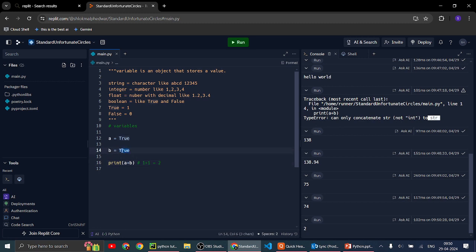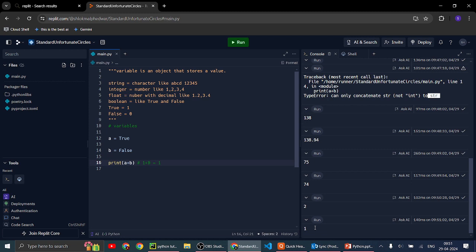Now, if we write false here, then 1 plus 0 equals 1, so the answer would be 1. Okay, so I think this concept has been cleared for you.